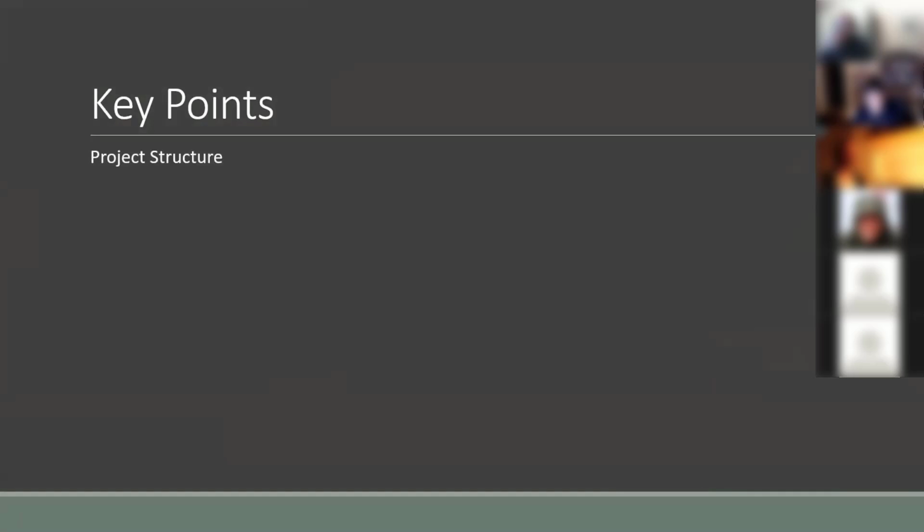So the key points I want to hit in this next section start with project structure. How do we structure our models and our projects to make it easier to maintain these models going forward? What we don't want to do is throw together a bunch of code into a giant function and say, hey, I've done the thing, and it's completely untestable, right? There are things that we can do to make it more testable, and that goes into how we structure our code. And then we're going to talk about testing methodology and how we test these things.